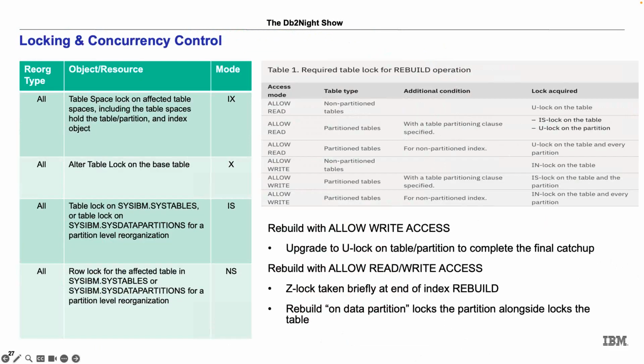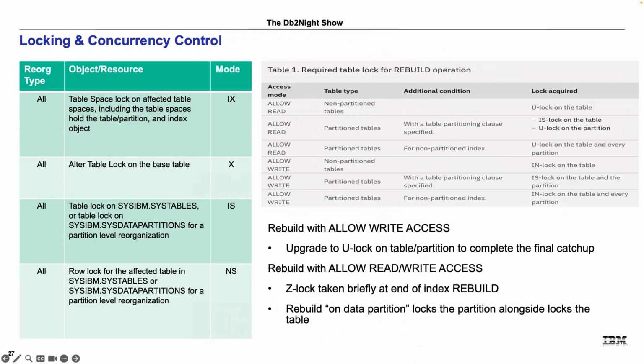So, the locking and the concurrency control. We mentioned the table lock. These slides also show the types of locks, at a higher level, acquired during the index rebuild, index cleanup, or reclaim extents. So, as the higher hierarchy of locking,